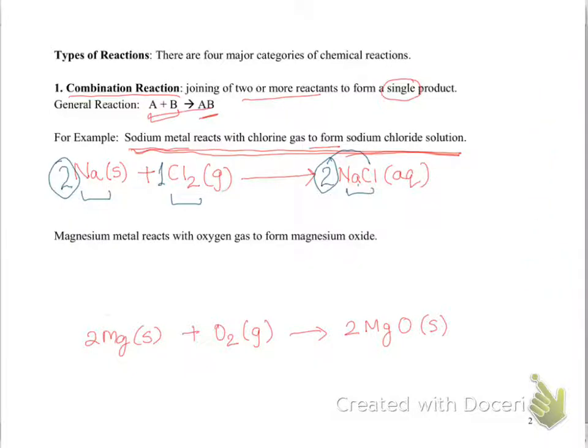All right. Anytime you see the word combustion, that means we are talking about reaction with oxygen gas. Instead of writing "react with oxygen gas," I can also say combustion. Magnesium metal on combustion produces or forms magnesium oxide. So it's going to be the same meaning. So then